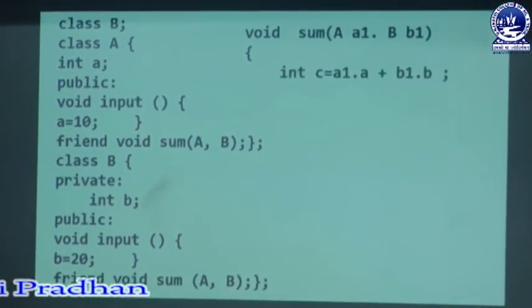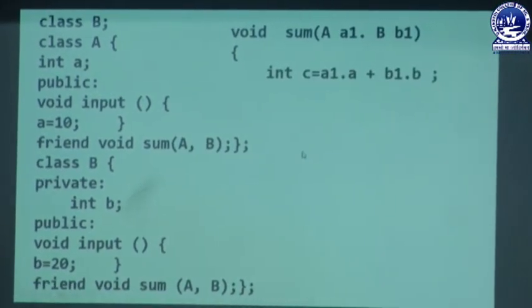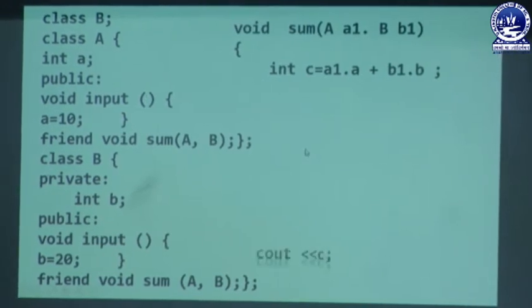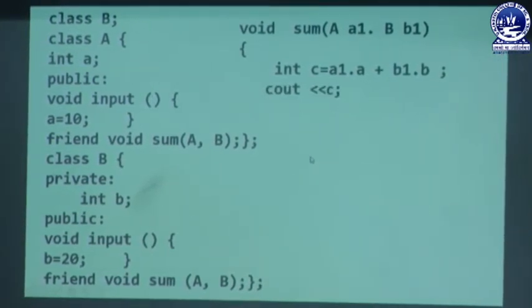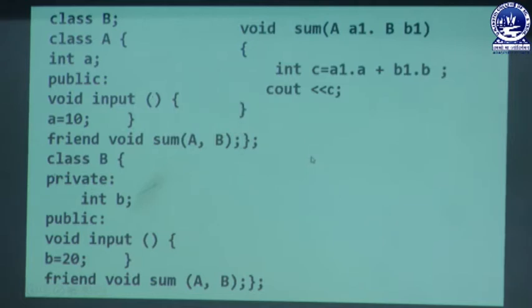Then int C equal to A1.A plus B1.B. Here I have used two objects A1 and B1, and I am adding the A variable of class A, which is private, with the B variable of class B object, which is private, and storing the result in C. Then cout C.